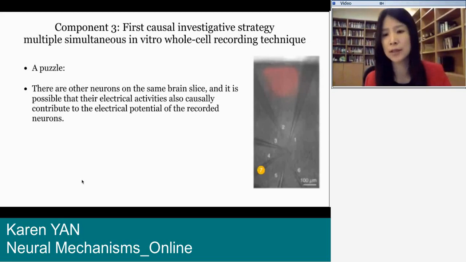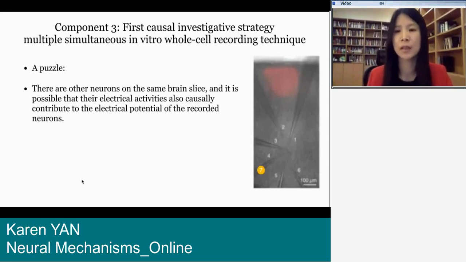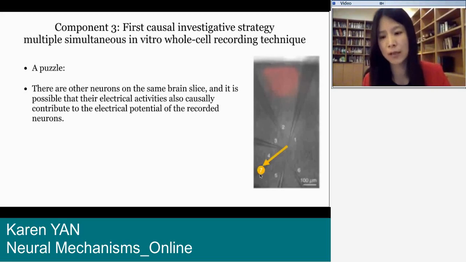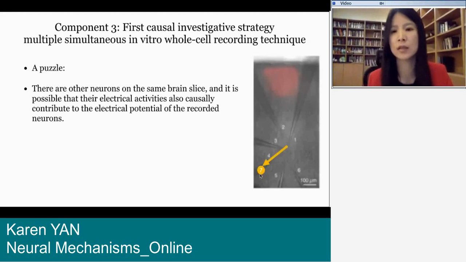So imagine there's an unrecorded neuron, we call it 7. When you inject current into neuron 1 to drive an action potential, it in fact causes a positive change in this unrecorded neuron 7. Then the activity here causes the positive electrical change in neuron 6 and neuron 2. But because this one is unrecorded, when you inject current into neuron 1 and you pick up a signal here, they infer that 1 causes 2, or 1 causally connects with 2.